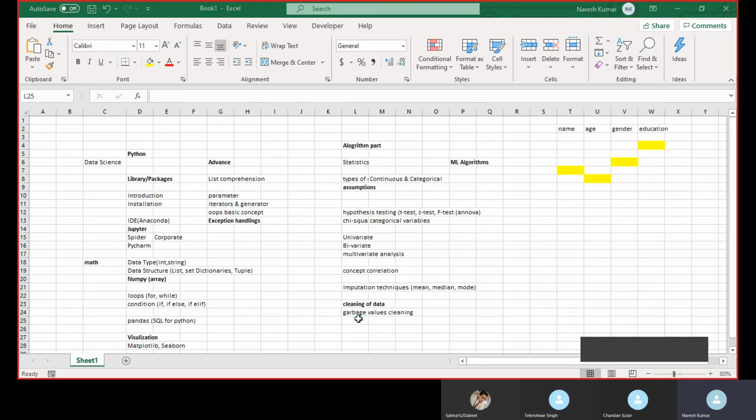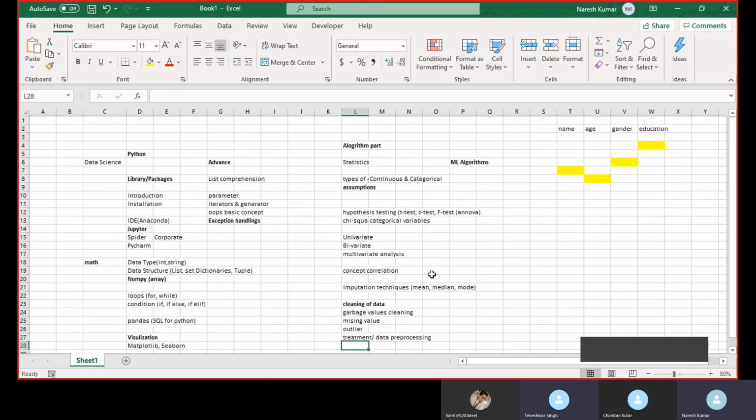After that comes missing value, which I discussed at the top. Then we have outliers. What else do we have in this? All these things are called treatment of data, also called data pre-processing, where we are trying to clean our data set.